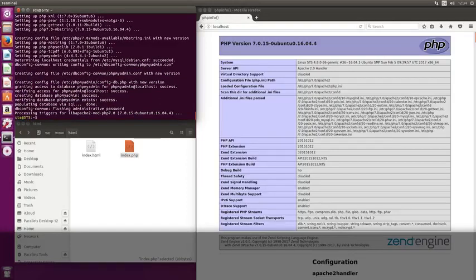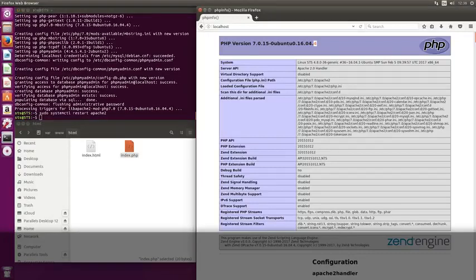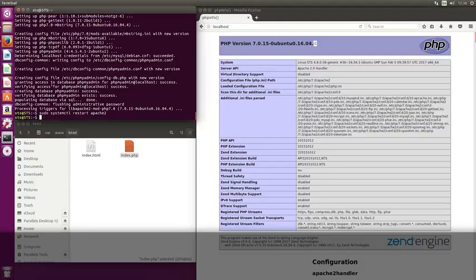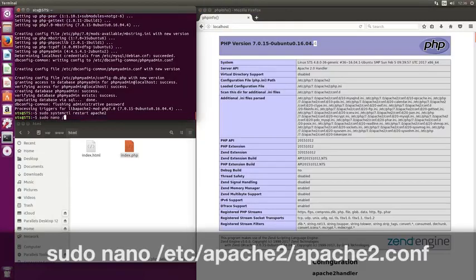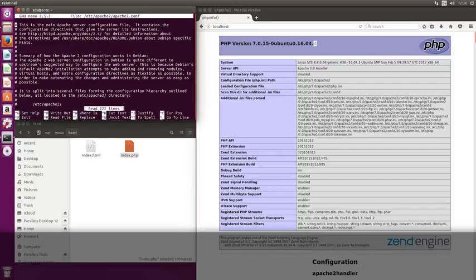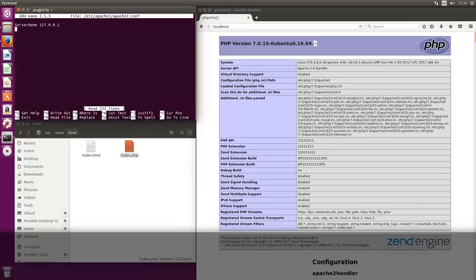Now there are only two things left to do. First is to tell Apache that there is an installed version of phpMyAdmin. So we can open the Apache config file with sudo nano /etc/apache2/apache2.conf. In here we scroll all the way down beneath the server name part that we added before, and